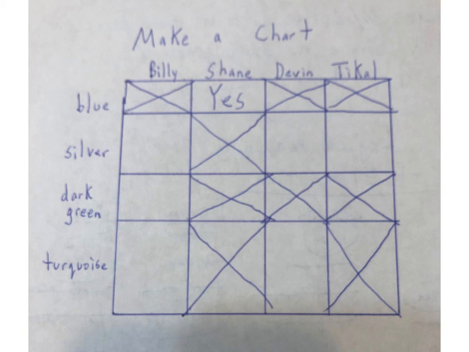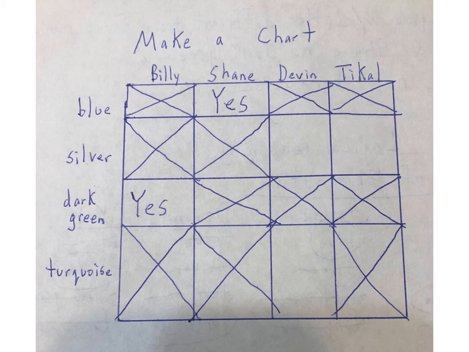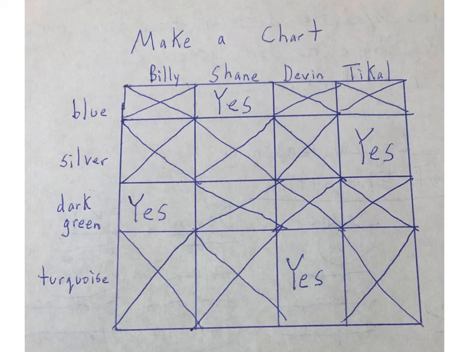And then I continue to look for 3 out of 4. And I'm noticing that for dark green, Billy has to have dark green. So I put in yes. Billy can't have anything else, so I put X's in the other ones. You can also put the word no if you want. X's are fine. And then as we continue to look, there's an opening with T-Call and silver, and there's an opening in the turquoise section. So I'm going to put yeses in both, cross off the rest. That's another way of getting to that. Hint, hint, we may be seeing this strategy again.